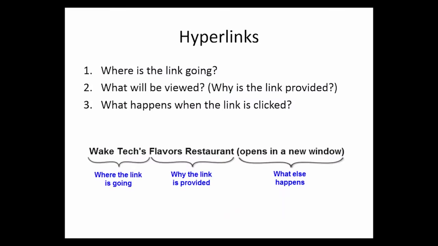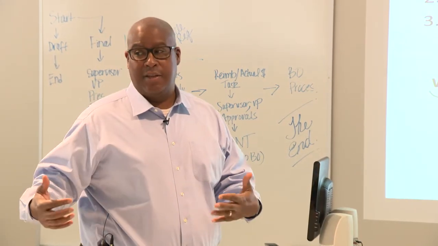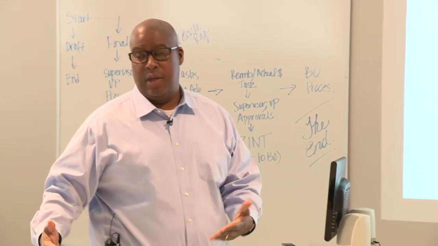Let's talk about hyperlinks. It's one thing we forgot to talk about. Accessible hyperlinks should answer 3 questions. Where am I going? What am I going to see? And what happens? Now, this is a usability feature that a lot of my, quote unquote, again, normal students really like, because it gives them more context of where they're going.